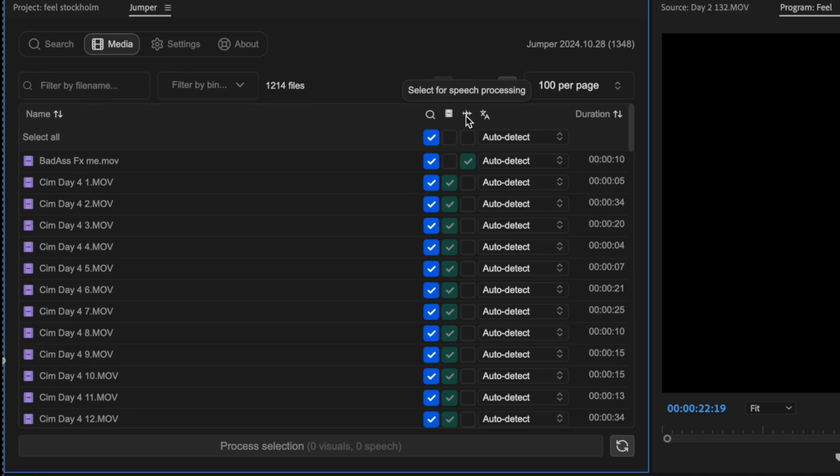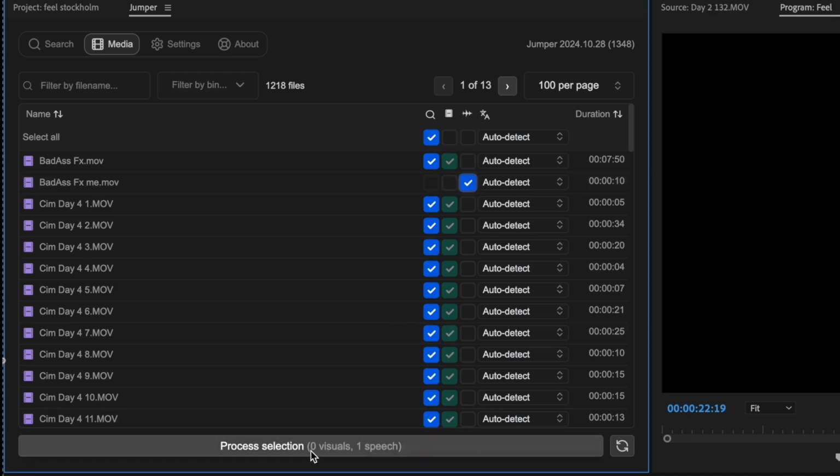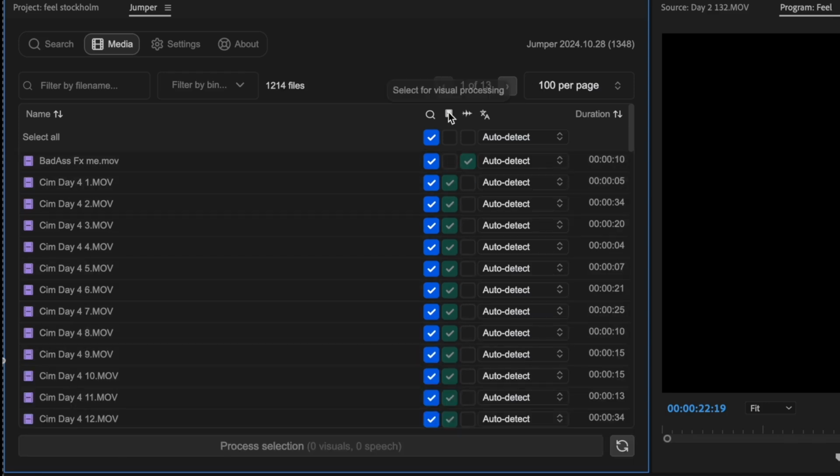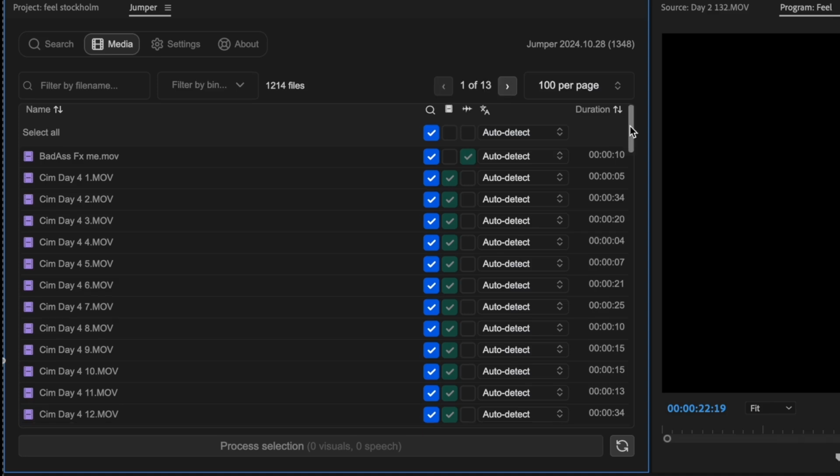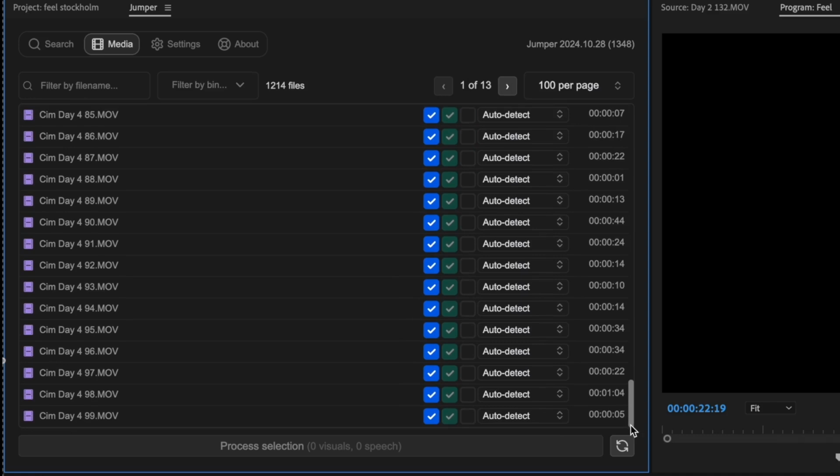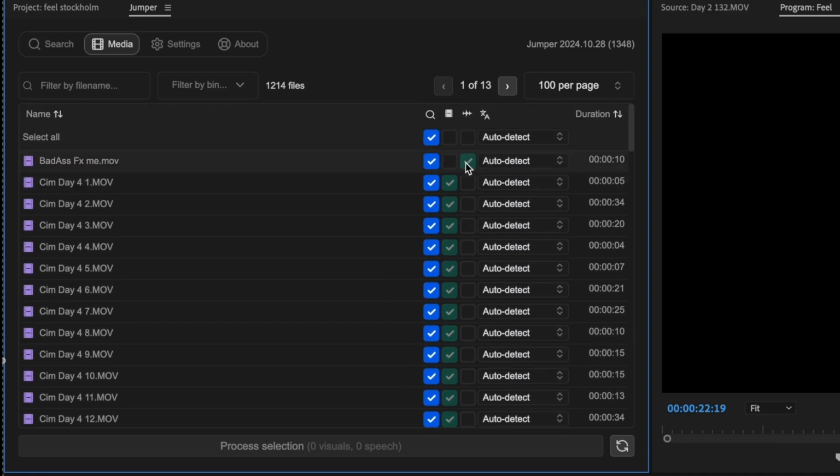This line indicates audio you want Jumper to process. So if I want to process the audio of this file, I checkmark this and press process. This line indicates the visuals you want Jumper to process. So in my case, I wanted Jumper to process all my files visually, and I only needed one file to